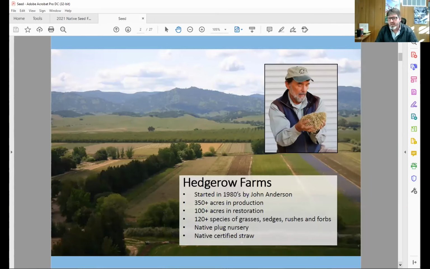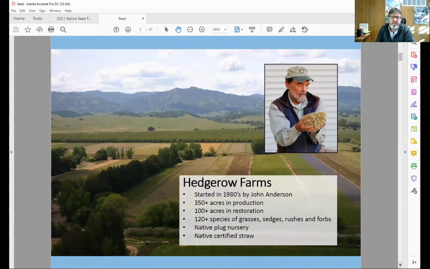But first, I'm going to tell you a little bit about the history of Hedgerow Farms. Hedgerow Farms was founded in the 1980s by John Anderson. John Anderson was actually a veterinarian at UC Davis before he started a second career establishing Hedgerow Farms. And John Anderson did a remarkable thing.